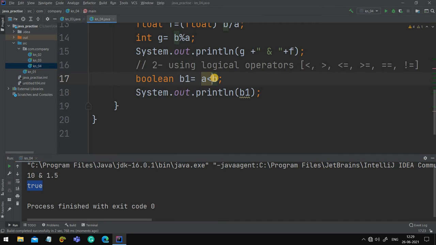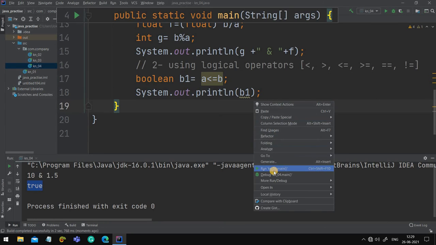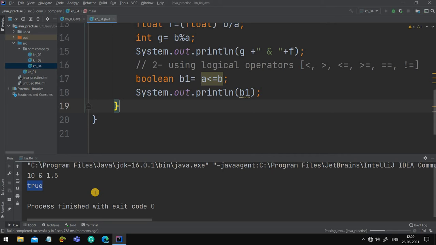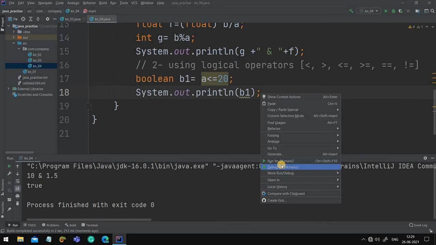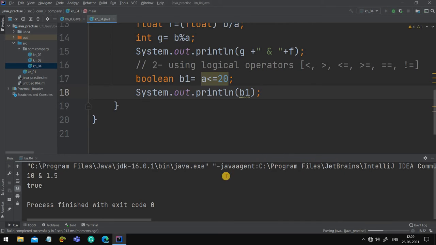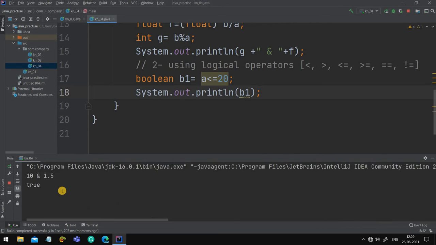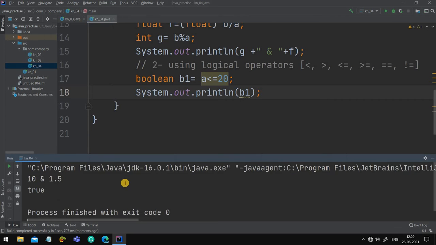So this is done by logical operators. Now let me change it. Is A smaller than or equals to B? Then also the output will be true only, because A is smaller than B. Now if I change this to 20, now A is equals to 20. Therefore the output again will be true. See, again the output is true.